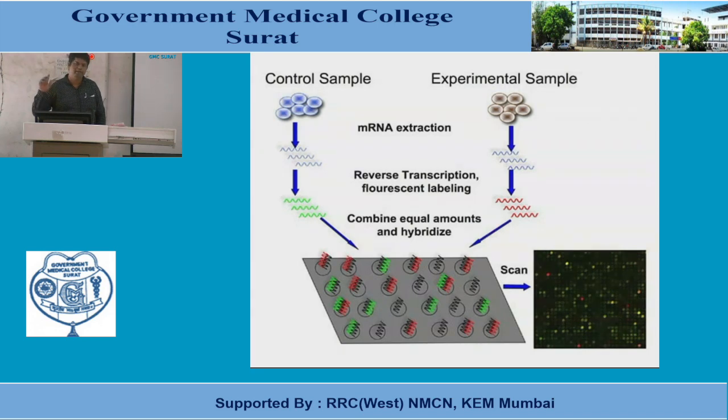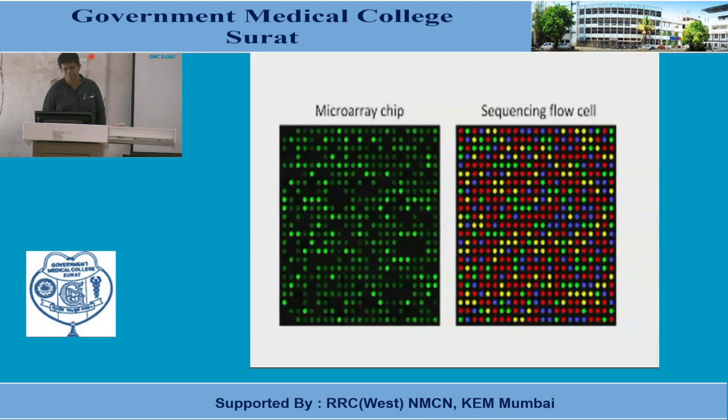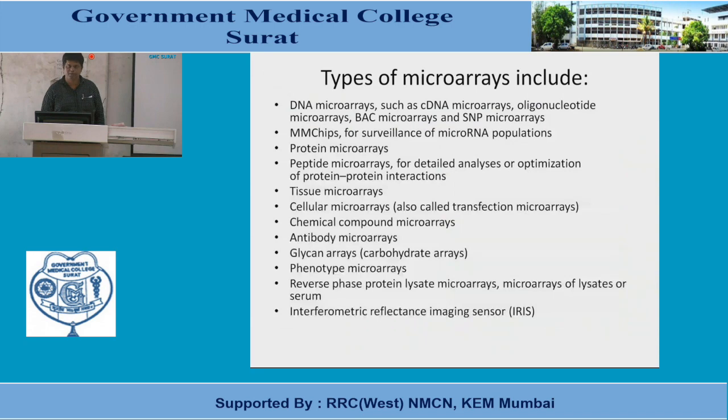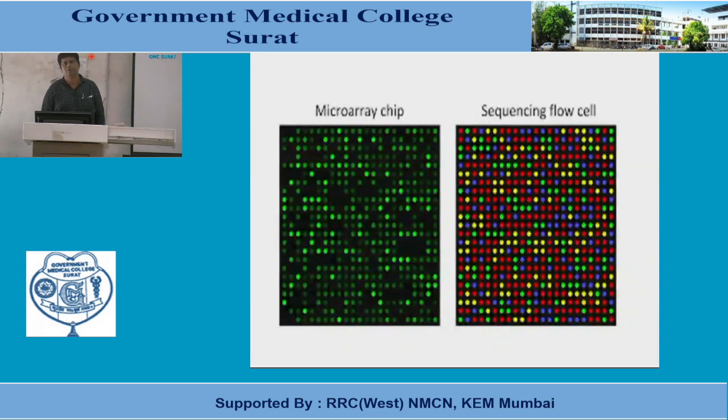Make sure that in a microarray plate, in a microarray well, we are putting the cDNA of a normal cell, the cDNA of a cancer cell, and the known DNA sequence probe. These three things only are given in a well. This is a microarray chip, a sequencing flow cell. According to color, we can identify how much cancer tissue there is and what the severity is for the patient, and if we do this sequentially with the treatment, then we can also know whether there is a good prognosis or bad prognosis.